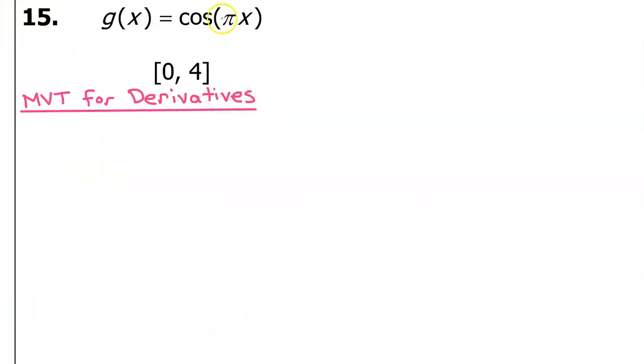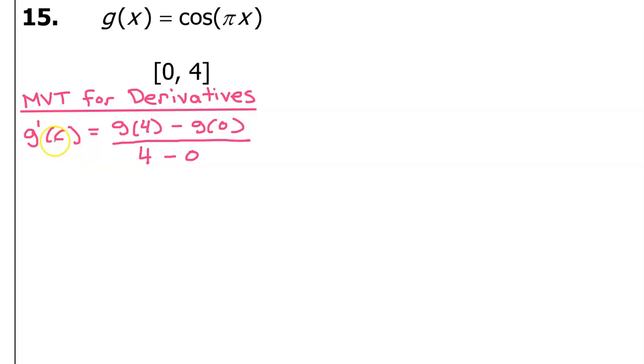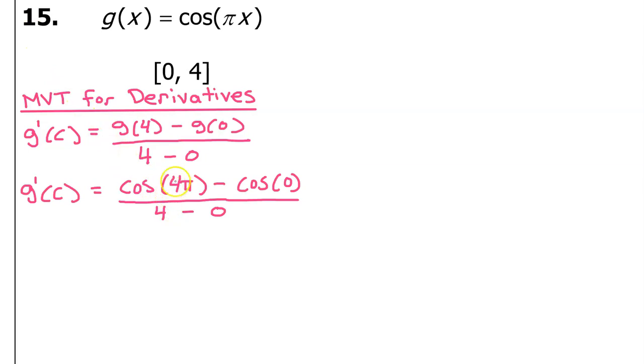Here is a new function and a new interval. Let's find the value of c guaranteed by the mean value theorem for derivatives. For some value of c, g prime at c will equal g at 4 minus g at 0 divided by 4 minus 0. So on the next step we have the cosine of 4 pi minus cosine 0 divided by